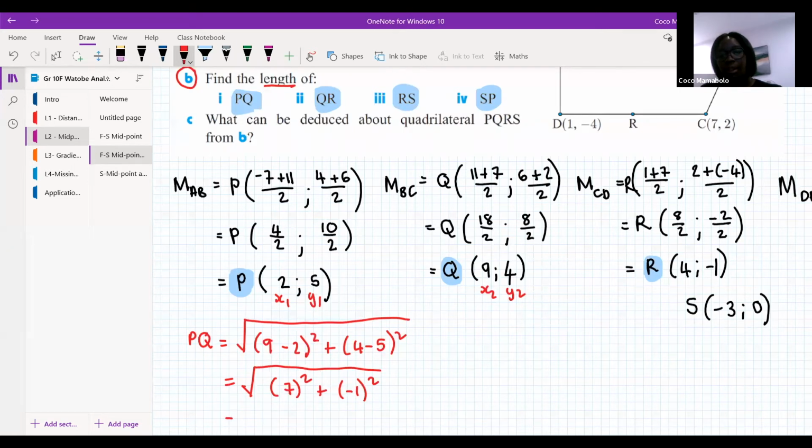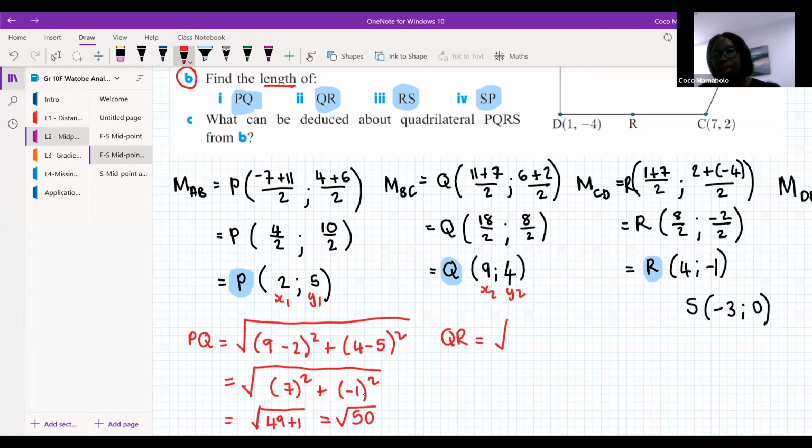Okay. So equal to the square root of 49 plus 1, which is equal to the square root of 50. Okay, then if I have to calculate for QR,